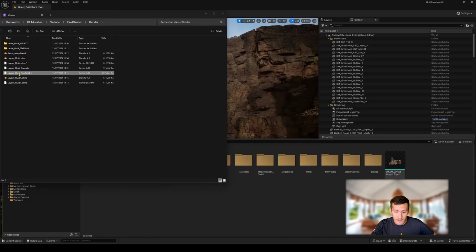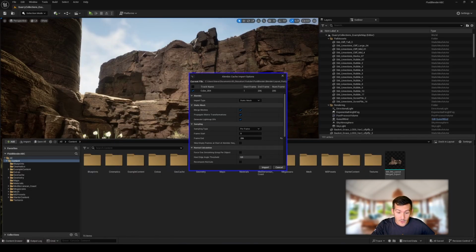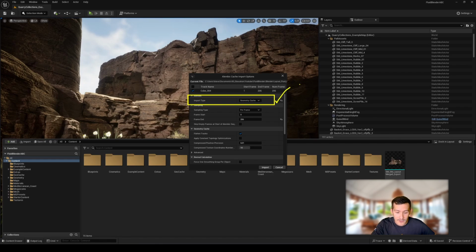After exporting your simulation, time to go back to Unreal. In the content drawer, import your Alembic file straightforwardly. You quickly see the Unreal import window for Alembic files. There are several options and import types available. For our needs, we want to import the entire simulation as a single asset with its baked animation. Typically, in Unreal, we use the geometry cache import type in such scenarios since we won't be modifying the simulation itself. We'll just place it in our scene and add a nice material.